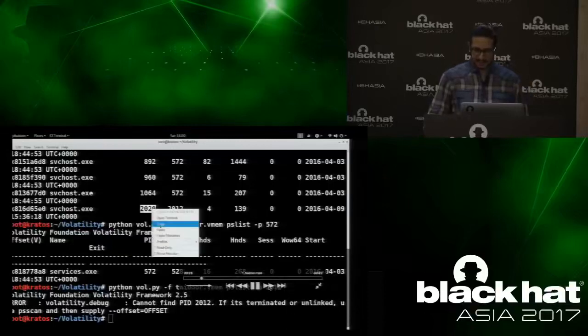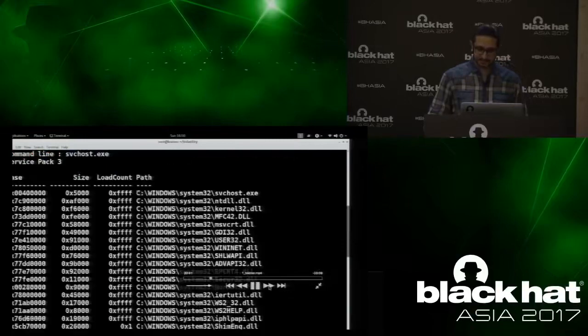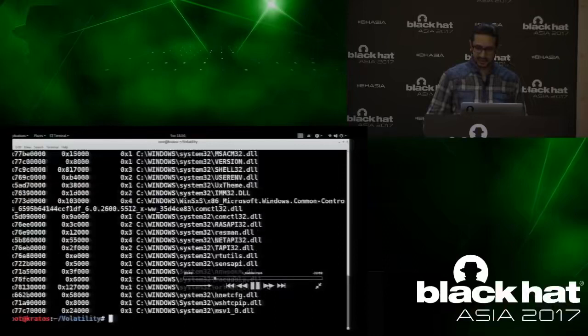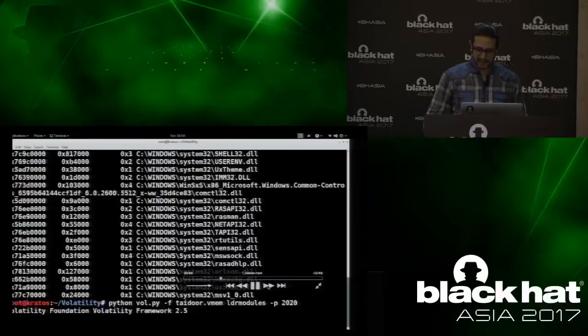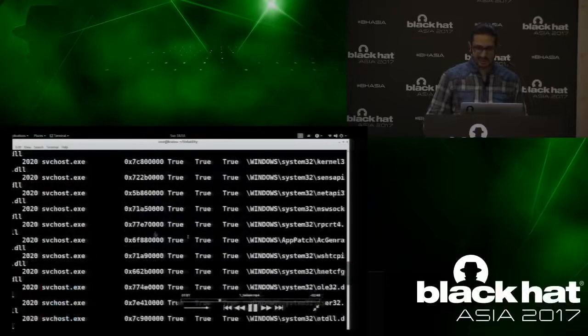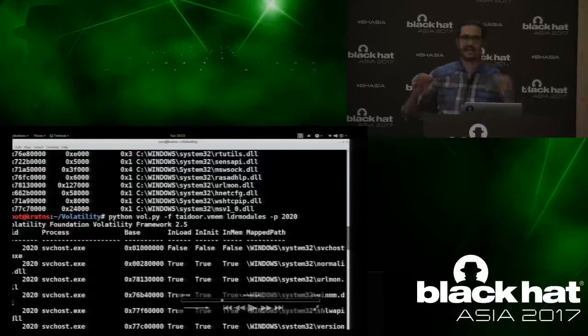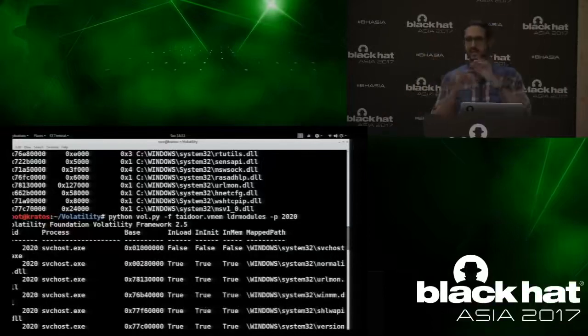That's one thing. Second, running the DLL list plugin on that suspicious process, you see that it tells you that svchost.exe is loaded at this address, 4 followed by 5 zeros, because the PEB was modified to point there, and because the DLL list plugin relies on the PEB, it is telling that svchost.exe is loaded at this address. What about the LDR modules? Running the same thing, running the LDR modules against the process, you see that the LDR modules tells that the svchost.exe is loaded at a different base address. It is not possible that the same process has a different base address, right?